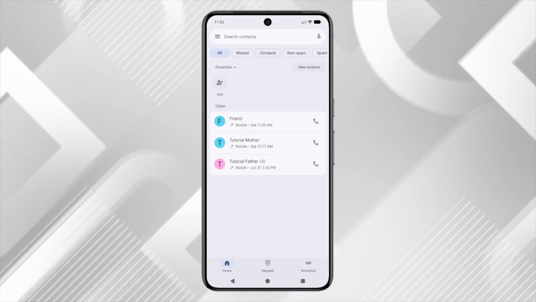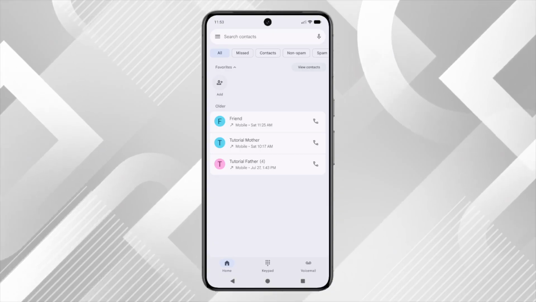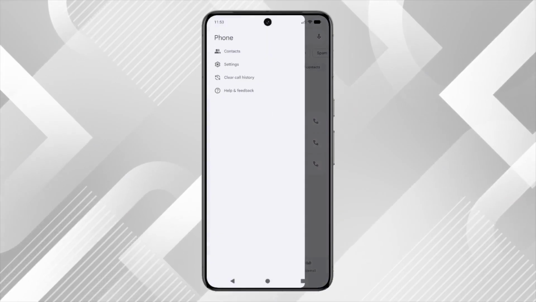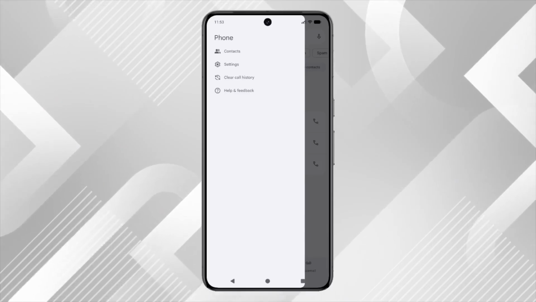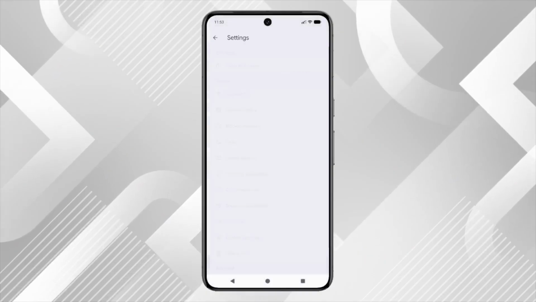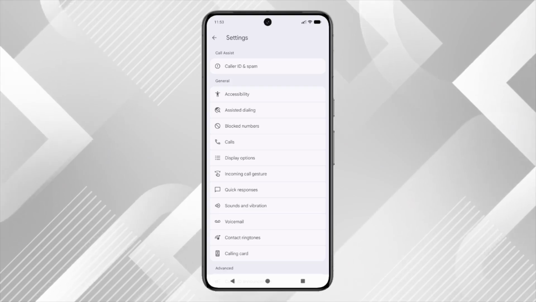You'll see three horizontal lines, often called the menu icon or hamburger menu. Go ahead and tap on these three lines to reveal a list of options. From the menu that appears, look for the option labeled Settings and tap on it. This is where you can access all the configuration options for your phone app, including call settings, voicemail, and importantly,